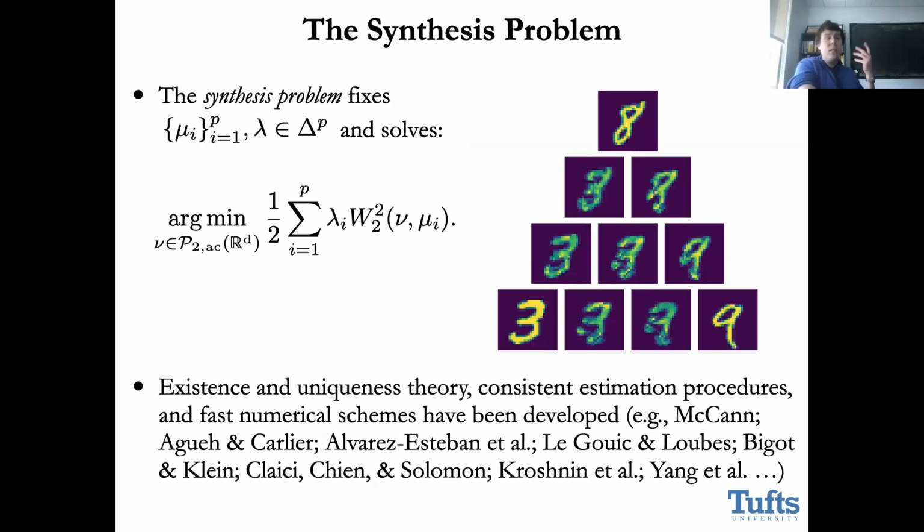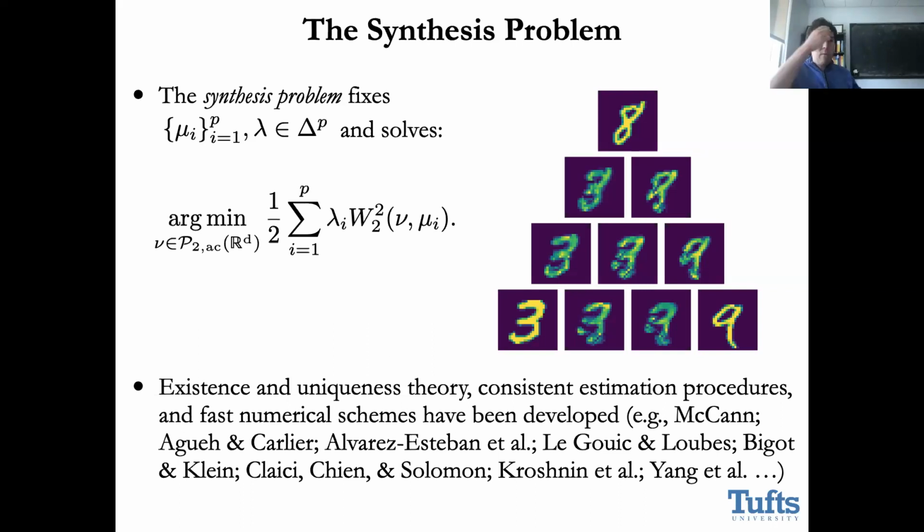So this is, I would say, a well-trodden area of mathematics and statistics. And I'm going to try to somewhat phrase this like a harmonic analyst, which is to think about two dual problems here. One is the question of how do I combine measures under this model? How do I synthesize reference measures into a Barycenter? Which is to say, how do I solve this synthesis problem that I've written here? How do I actually find nu, which makes this small?